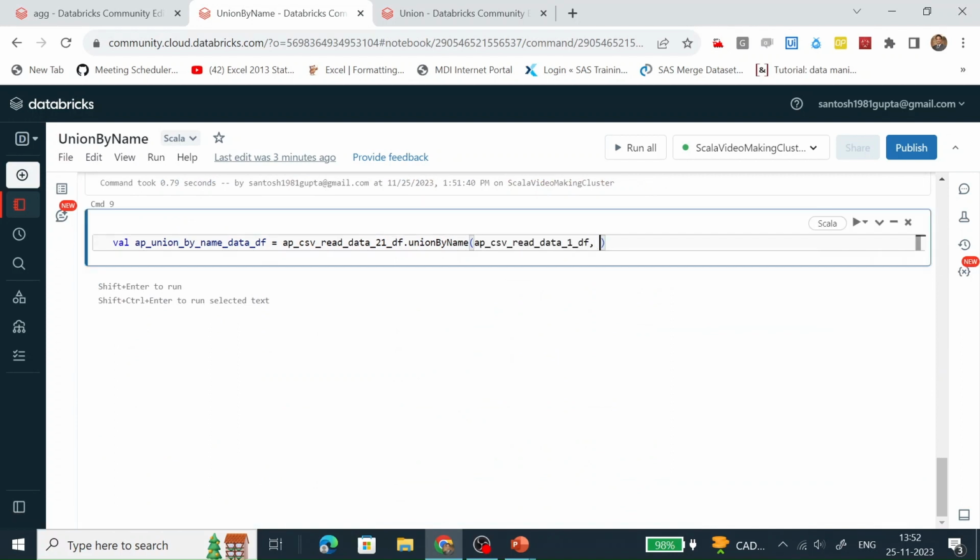And we need to put one parameter, allowMissingColumns equal to true. Let's run it.